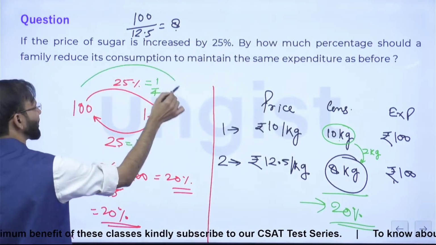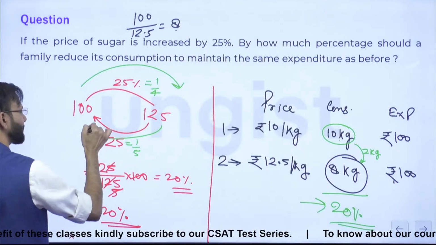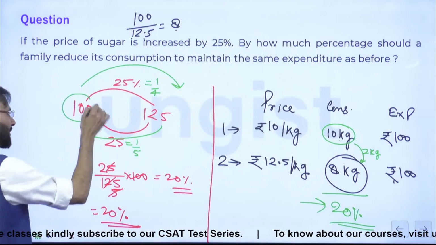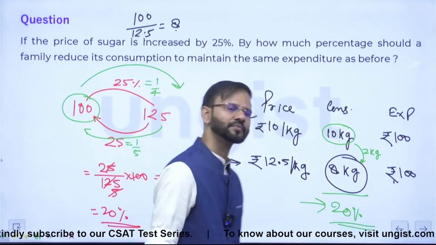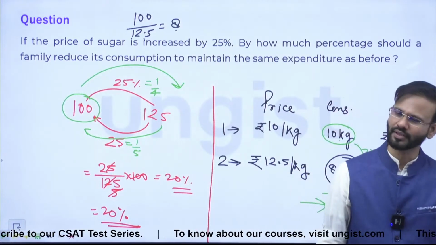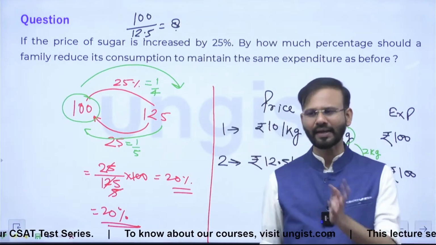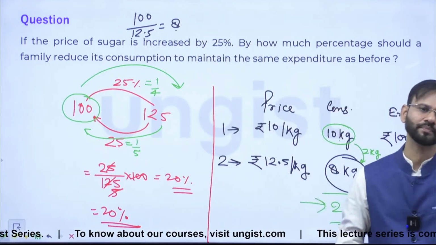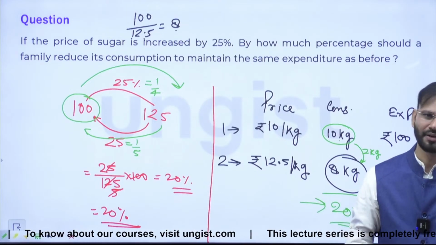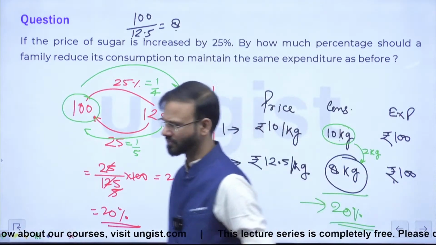So if it is increased by 1/4, it will be reduced by 1/5 to maintain the same value, right? If it is increased by 1/n, it will be reduced by 1/(n+1). Right? ये होगा ही होगा, सोच के देखिए इस बात को।